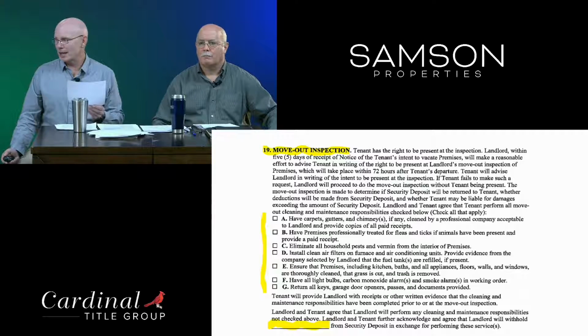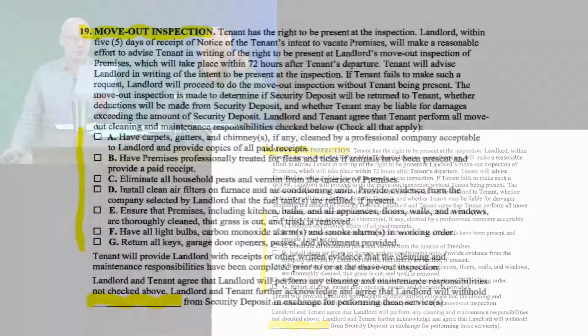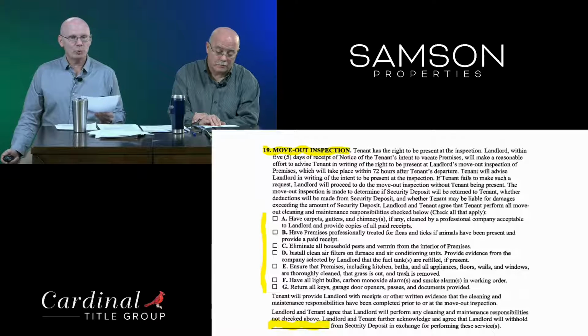So here in the last paragraph, it says the landlord and tenant agree that the landlord will perform any cleaning and maintenance responsibilities not checked above. Landlord and tenant further acknowledge and agree that the landlord will withhold X amount of security deposit in exchange for performing these services. So if you're not going to have, say, gutter or chimney cleaning, whatever. If I'm a property manager and I want to control those things, because over the years I've learned that for carpet cleaning, I want to use Stanley Steamer or a professional carpet cleaner, but my tenants want to find somebody on